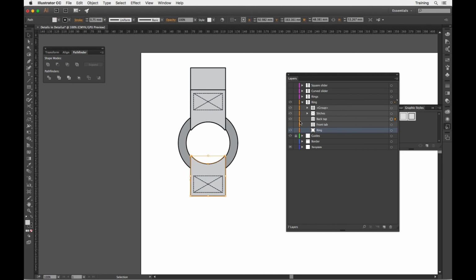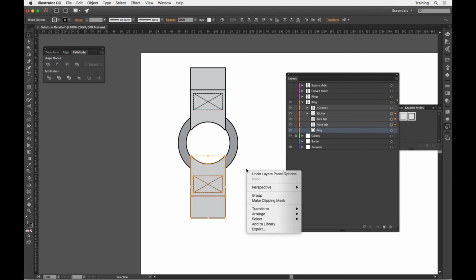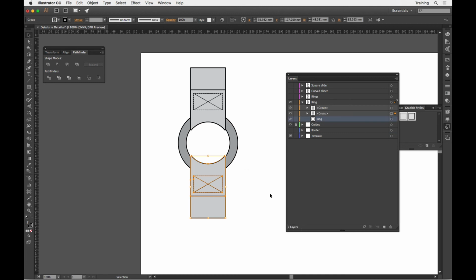here. So just turn that back on there, and you can either shift select using the little donuts there, the target selector on the layers panel, or just drag across the objects. They're all selected, right click and group. And there we go. We've got our ring, our tags